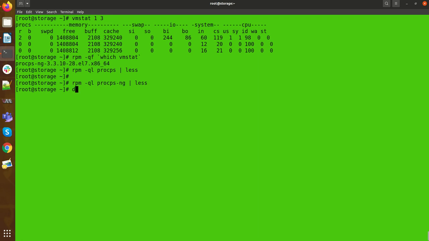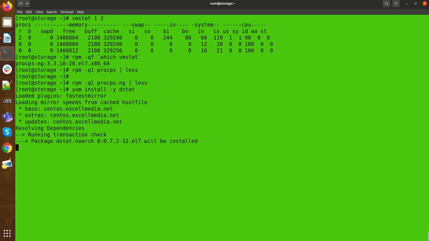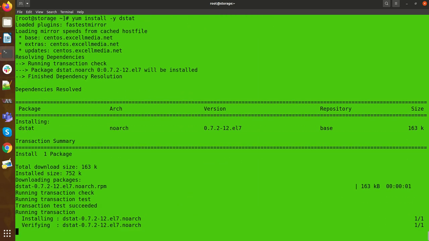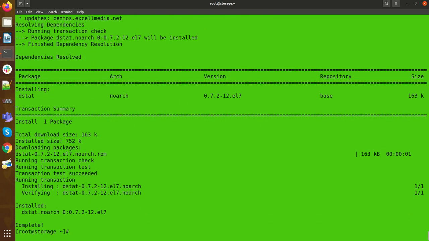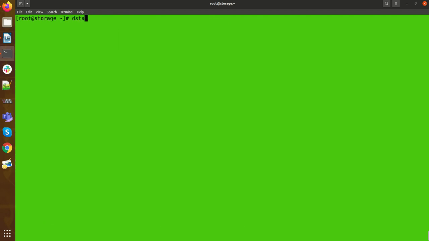It seems this command is not installed on my system, so let me install it. So that's how dstat works, with the option top-oom, top out of memory. Here you can see that this is the major process.